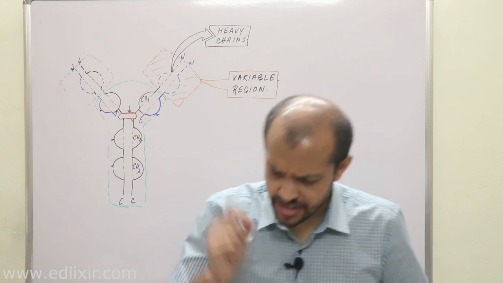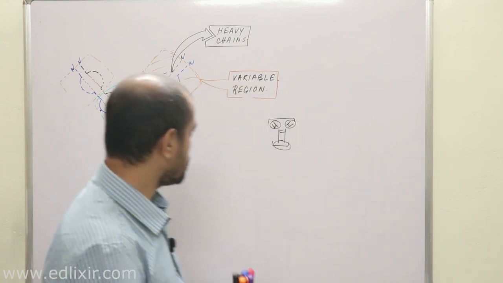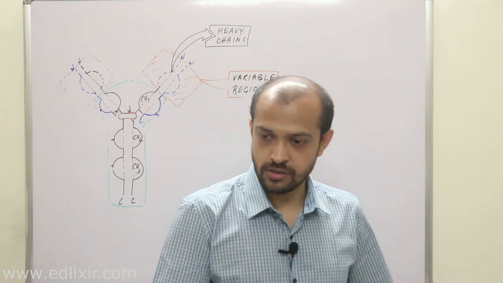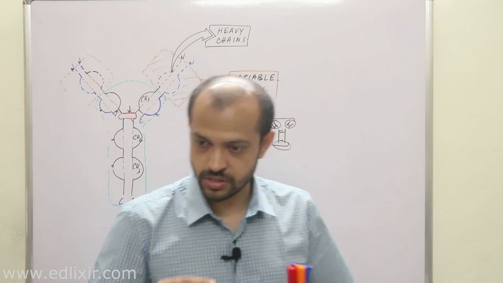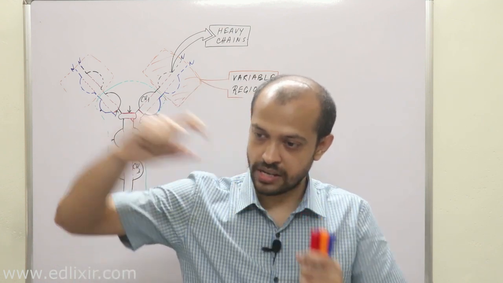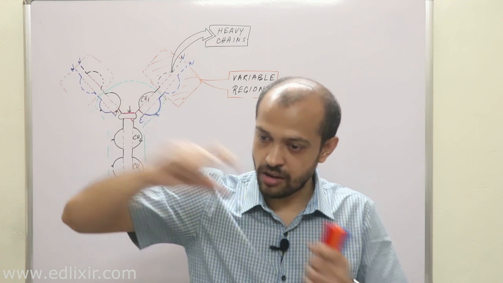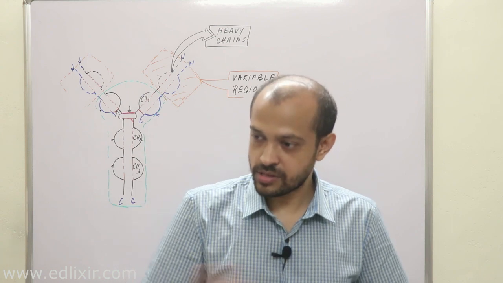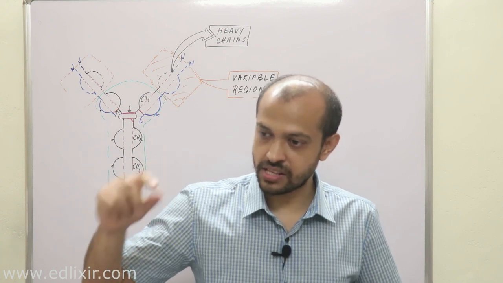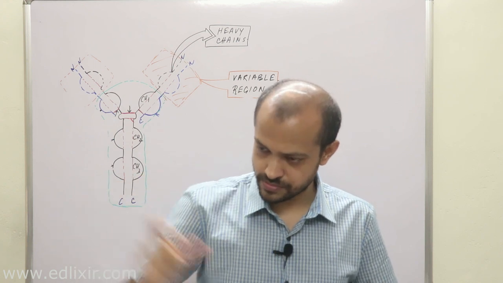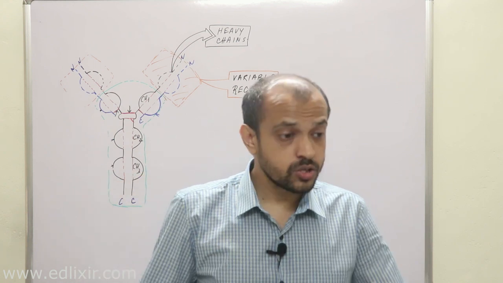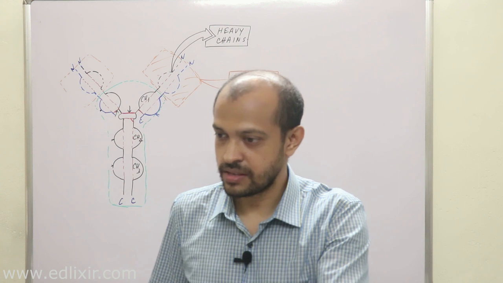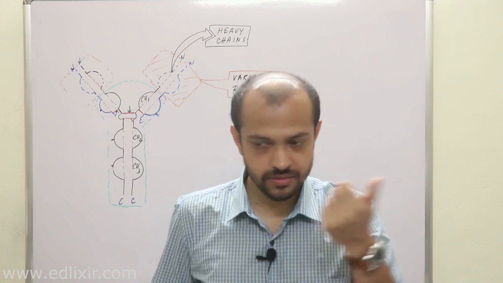A very important point we need to understand here is what was their motive. They wanted to know which portion binds with the antigen. That's it. How did they do that? They wanted to cut the protein into smaller portions so that they can crystallize it and get a structure of the particular area of the antibody which binds with the antigen. That was their two motives. For that they used proteases, so that they can easily crystallize those smaller portions, which are the functional units. They can identify the functional units and crystallize them.